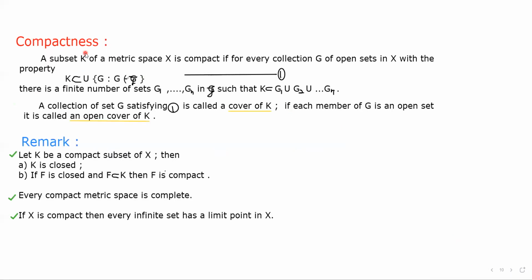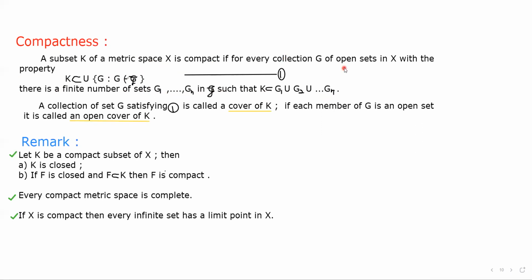Now what is compactness? For compactness, we see the definition: a subset K of a metric space X is compact if for every collection G of open sets in X with the property that K is a subset of the union of G, which belongs to capital G, there is a finite number of sets G1, G2 up to Gn in G such that K is a subset of G1 union G2 union up to Gn, which means a subset K of a metric space X is compact